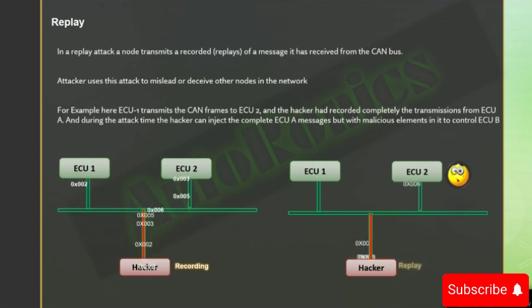So in that way it is very easy for a hacker to hack the vehicle. It is nothing like they need to drive the vehicle, no? Even stopping the vehicle becomes a potential attack through which he can do anything. So of all the attacks, replay is very simple: the hacker has to record the data and then replay the data. Only the tool has to be smart enough.